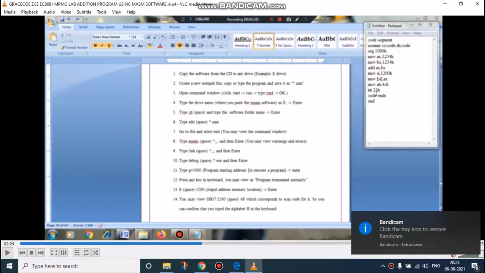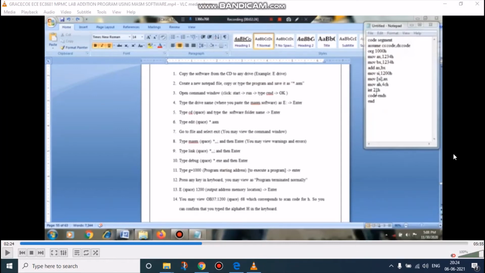We can see how we have to run the MASM software. We have to type the program in a notepad, and first we have to save this notepad program as a file like this.